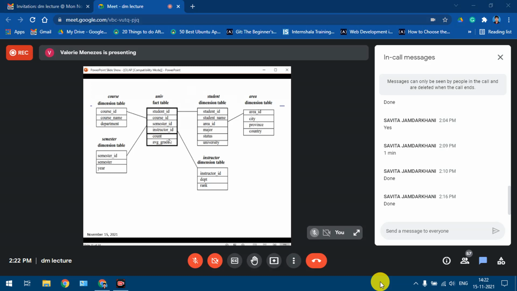If it is the lowest level, that is the base cuboid, then it will tell us the actual grade earned by the student for a given course, for a given semester, and who is the instructor. Similarly, the count will be 1. Now if you want to know how many students have enrolled for a particular course per semester, then the count will be aggregated.